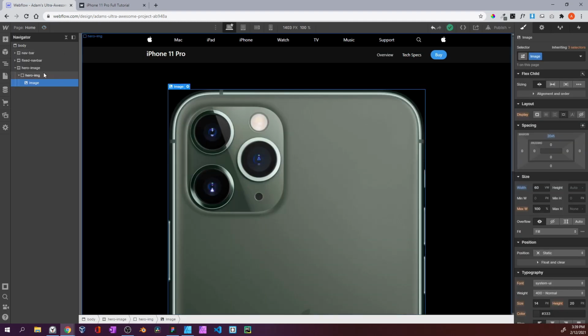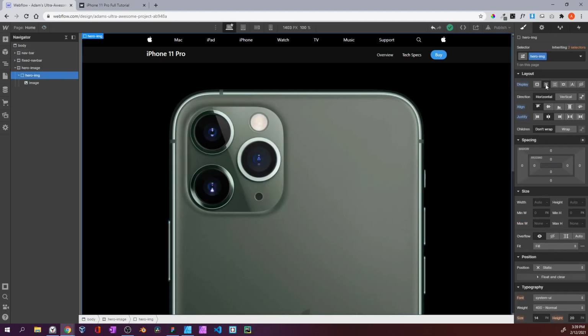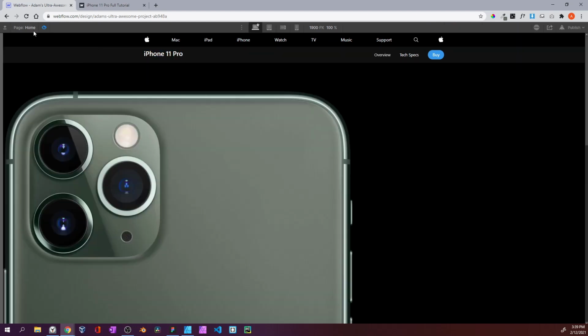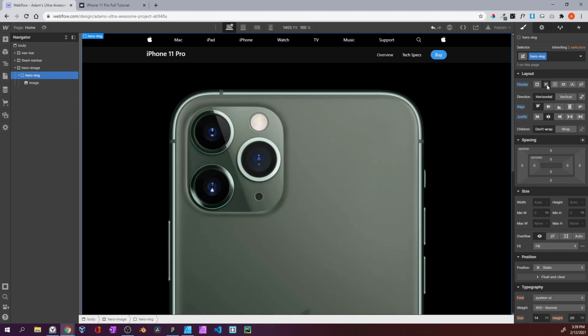It's centered because we have the parent actually display flex. Otherwise, if we give it display block, it will be on the left. So display flex and put it in the center for the parent. And